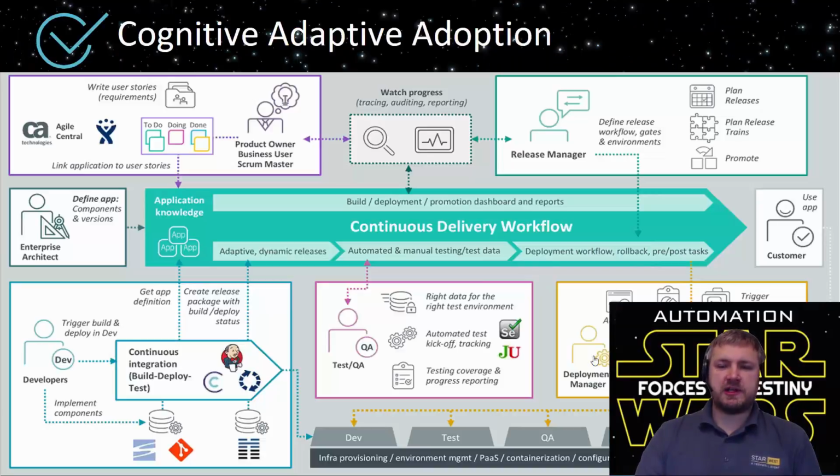So finally, we look at that whole landscape of that continuous delivery workflow. We look at the different trigger points.